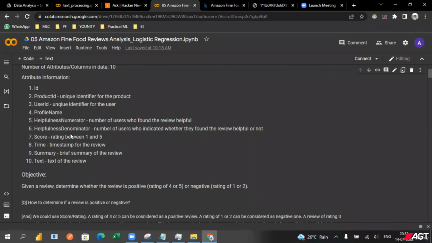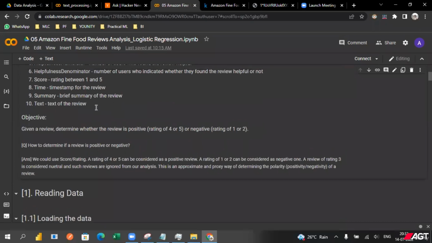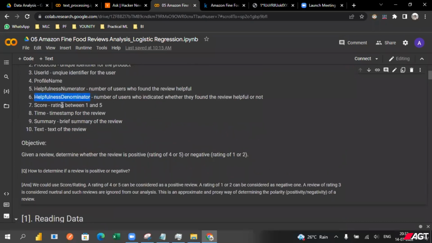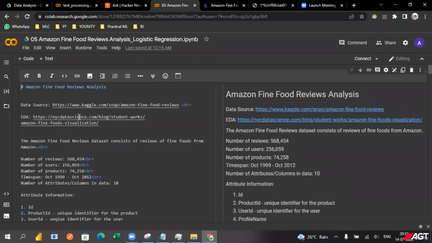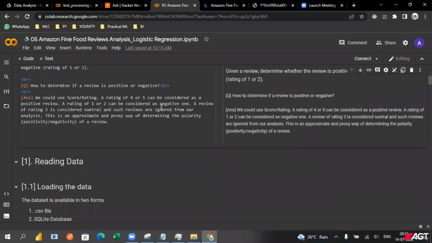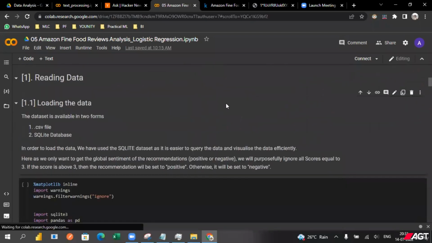Similarly, the helpful denominator is the number of users who indicated whether they found the review helpful or not. And they already made some conditions, according to which we have a helpful denominator column. Score is the rating given, up to 5 stars. Time is when they purchased the product item, then a brief summary, and along with that the text, the text of the review. So like that we made 4 to 5 as positive and 1 to 3